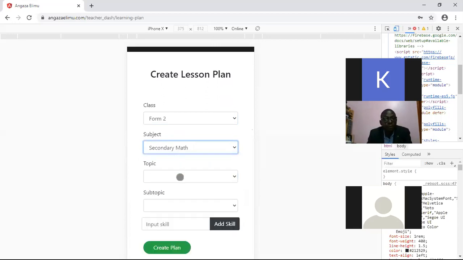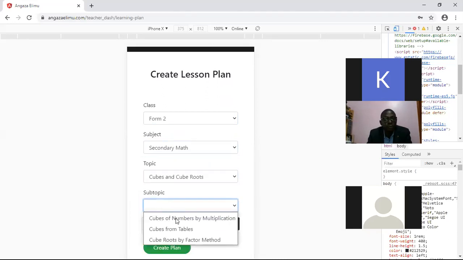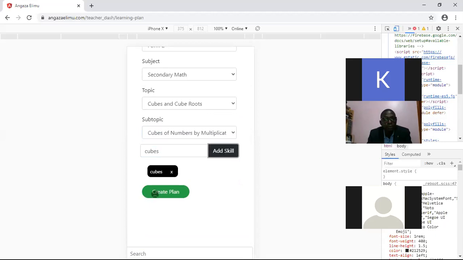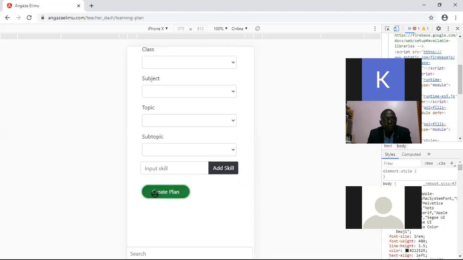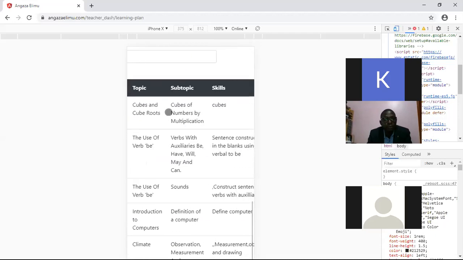So secondary math, and then select the different topics that you need, and then select the subtopics. From that point, you're able to input your lesson plan, add skill, and then create the plan, and you should be able to quickly come down here to review.